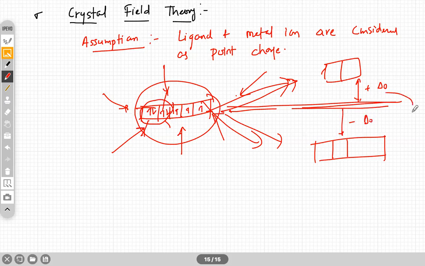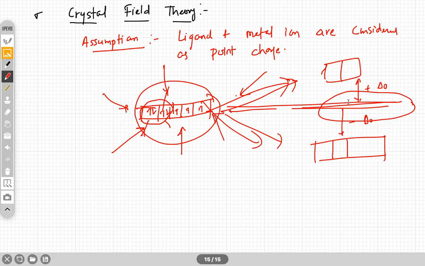So that average energy will be maintained. Like this, the splitting takes place. This is what actually happens in the coordination complex, and this is crystal field theory. To sum up all this,